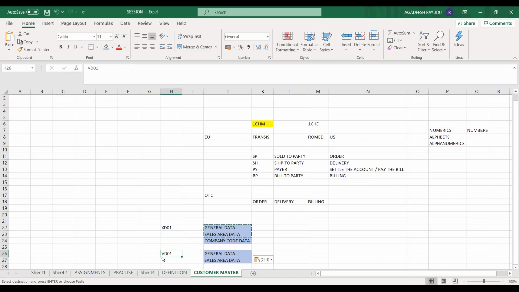But why do we have two different things? Your company code data, assume that it is restricted for others not to look into it. In company code data, there might be a customer account number or his credit limit, some other precious data.